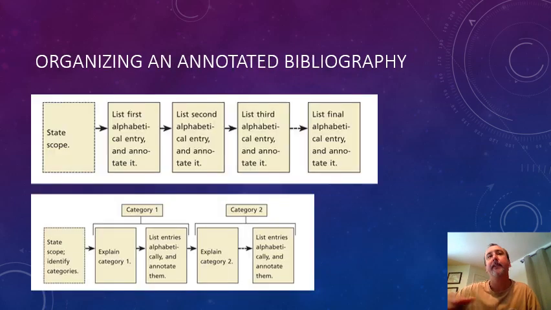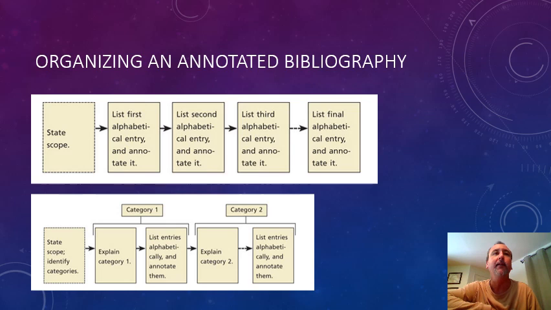All right, then I always like looking at these. They have them at the end of the chapter. I guess I'm kind of a visual person, so I like to see how these things are laid out. I always like to do a good outline or something similar to this before I even start doing any kind of project. And so these are two different types of methods for annotated bibliographies. The first one is just probably the normal type that you'll be writing. The second one down below is for multiple